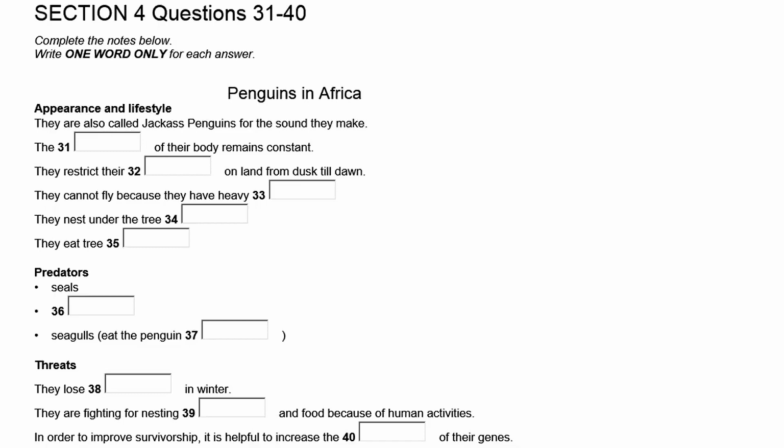They feed primarily on fish like sardines, along with the occasional squid and shellfish. But when normal food is in short supply, they eat tree roots as well. The streamlined body of the African penguin allows it to move through the water like a rocket, capable of reaching a speed of around 20 kilometers per hour when hunting for